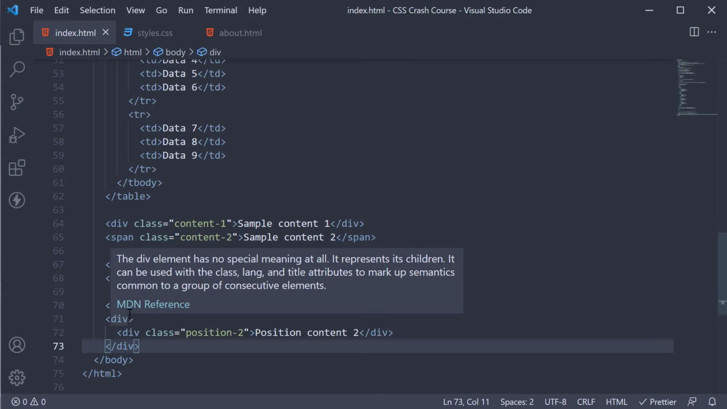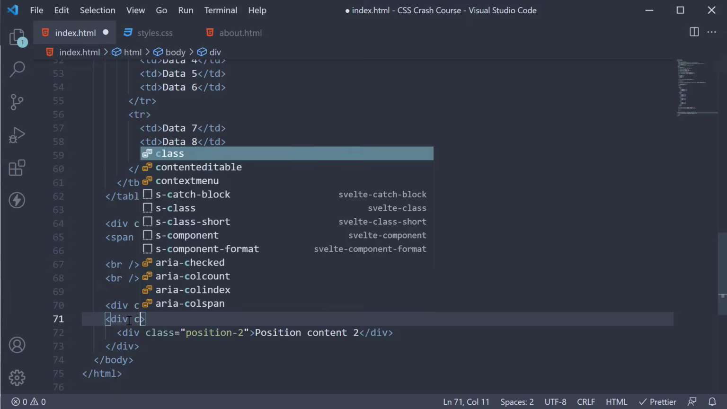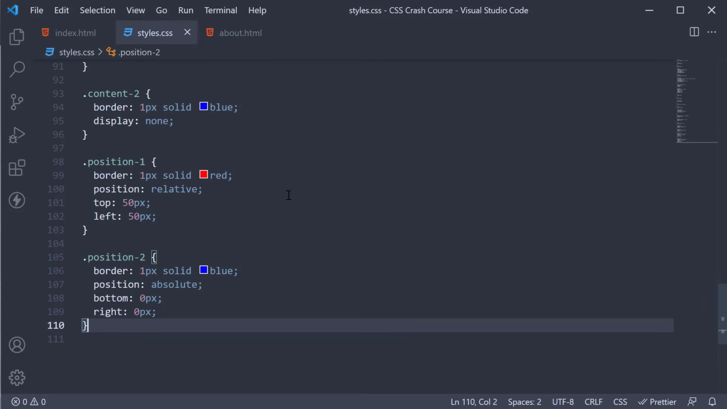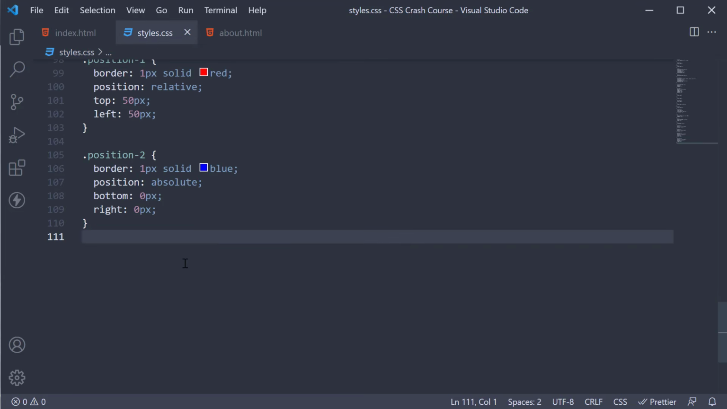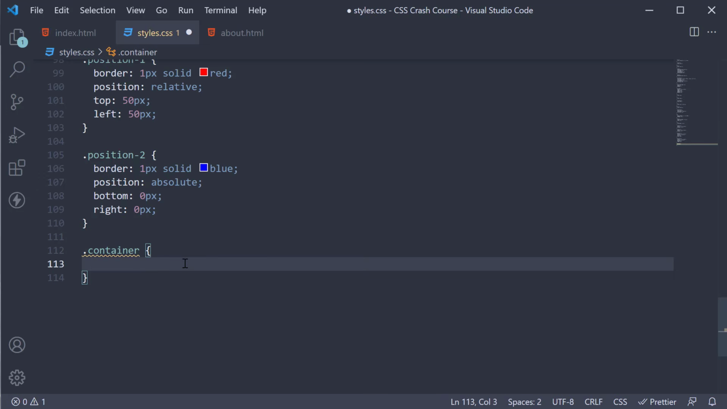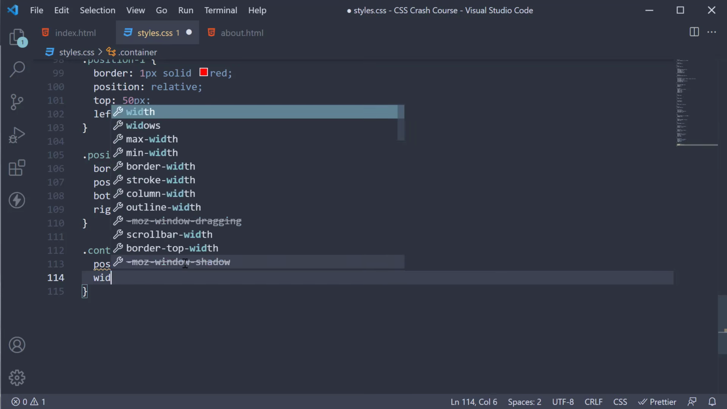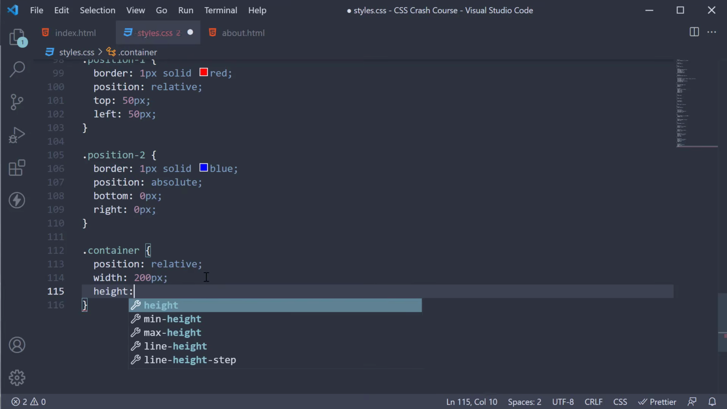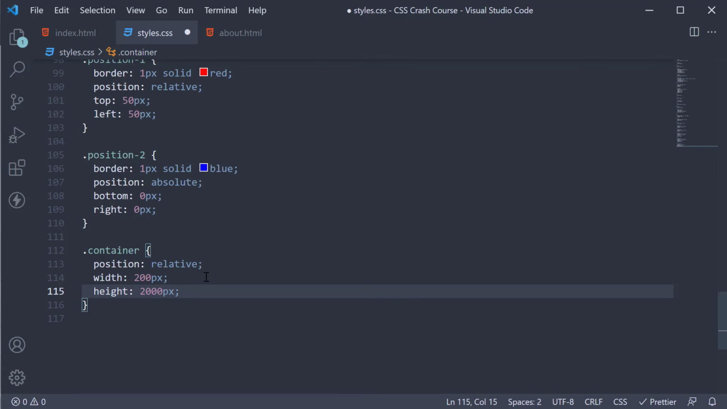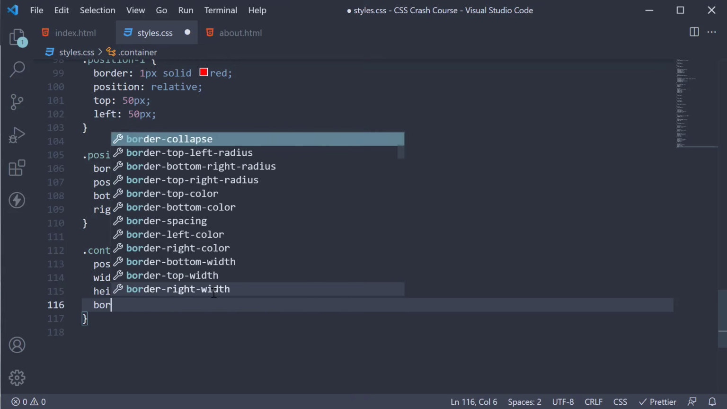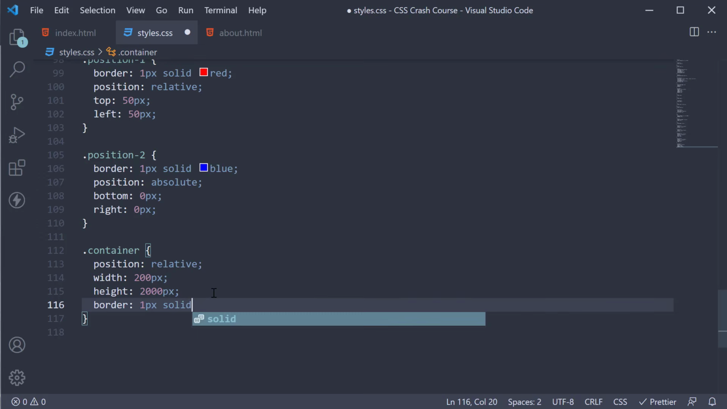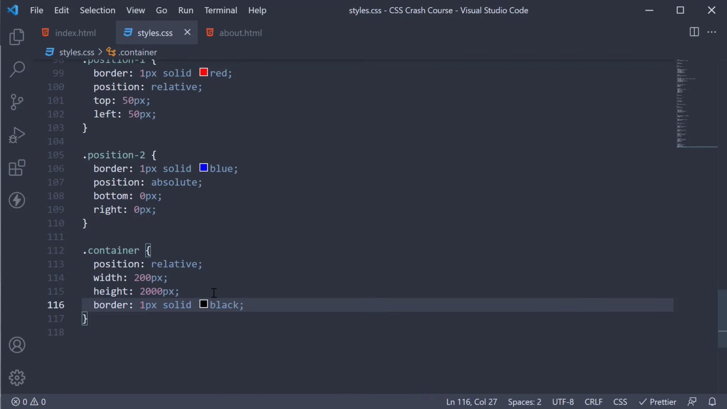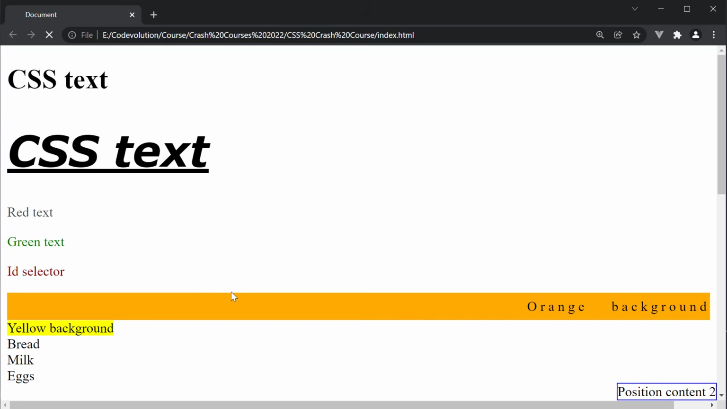and add a class called container. In the CSS, I'm going to add the styles for the container class. So container position is relative, width 200 pixels, height 2000 pixels. Border is going to be 1 pixel, solid, black. If you now take a look at the browser, refresh,